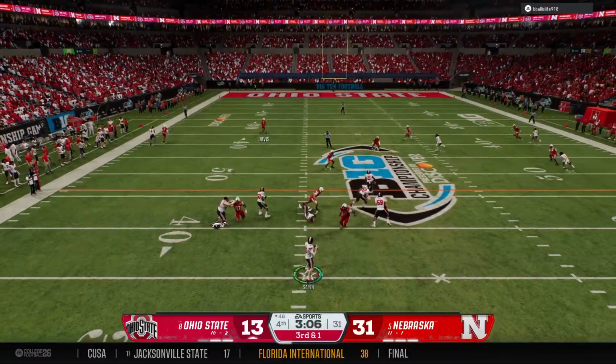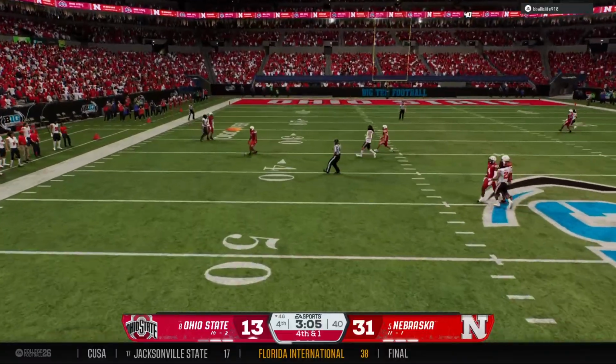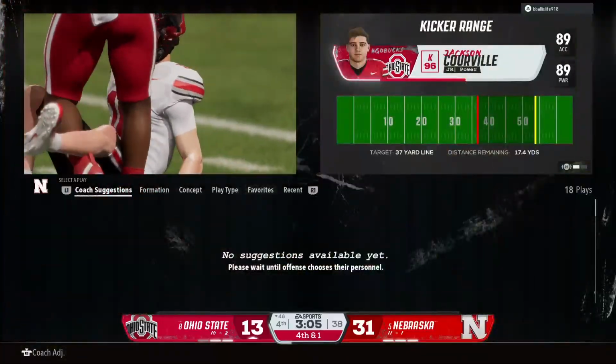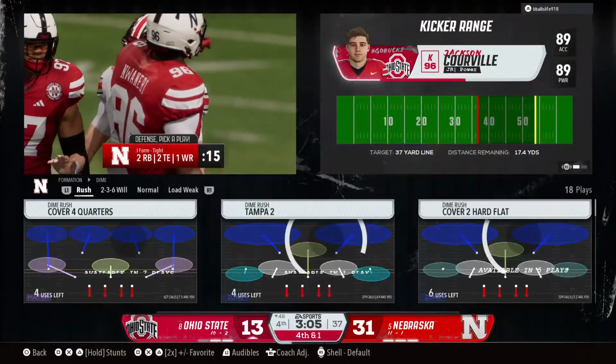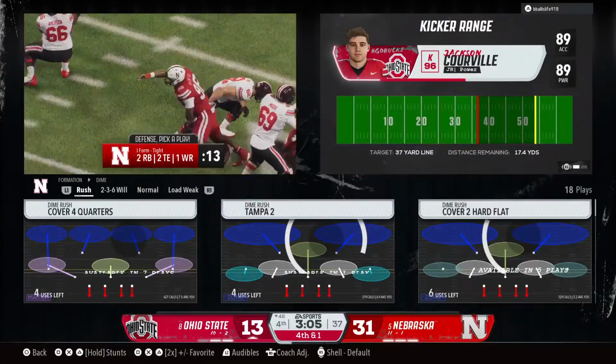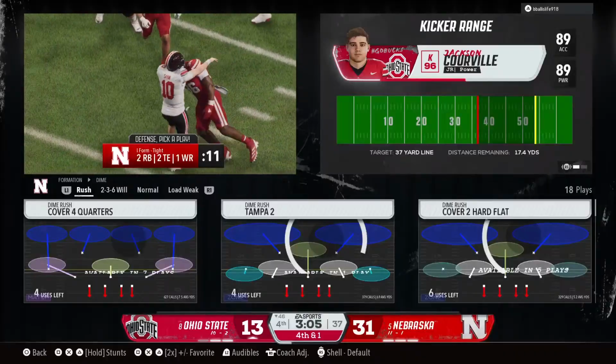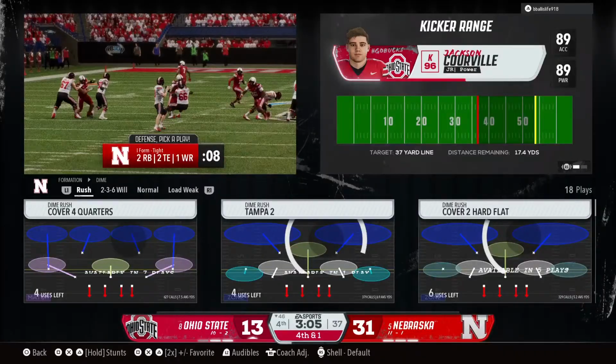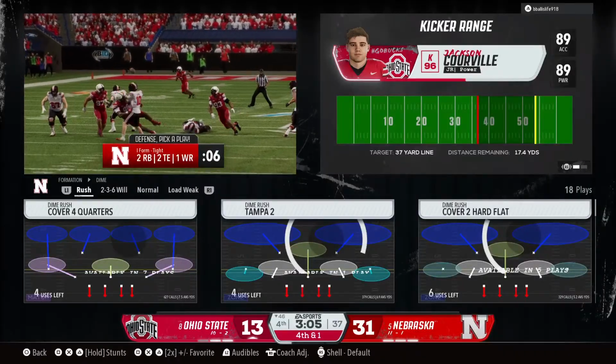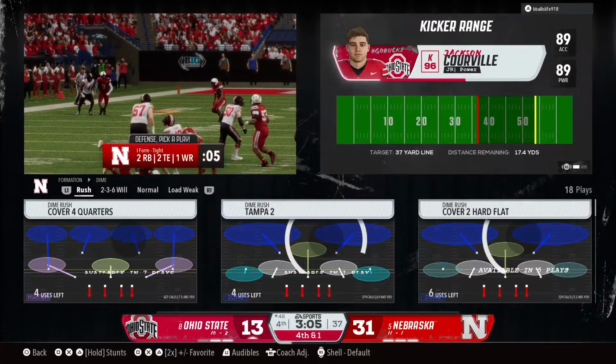Looking to pass, it's Sayin. This one's going to fall incomplete. Brings up fourth down. It's just so hard in these late game situations when you're trailing by this much to try to get the ball downfield against nickel or dime coverage. They're inviting you to take that underneath throw, hoping you burn the clock as you go.